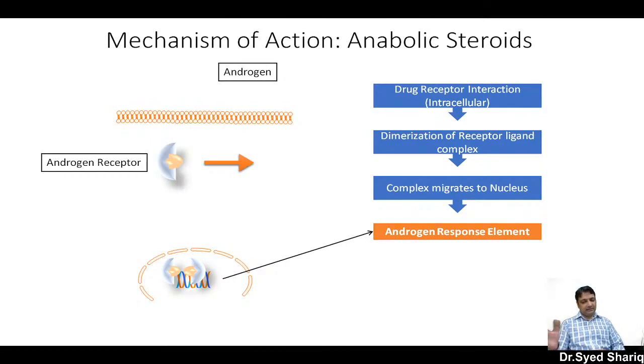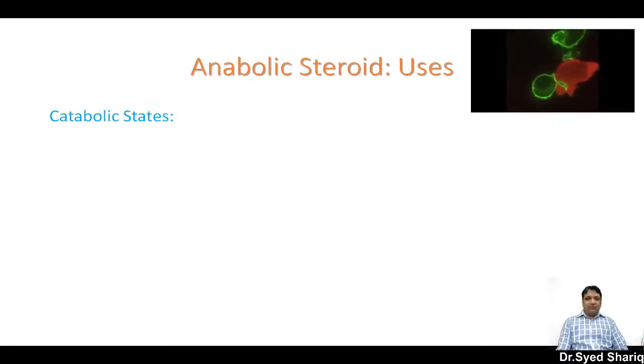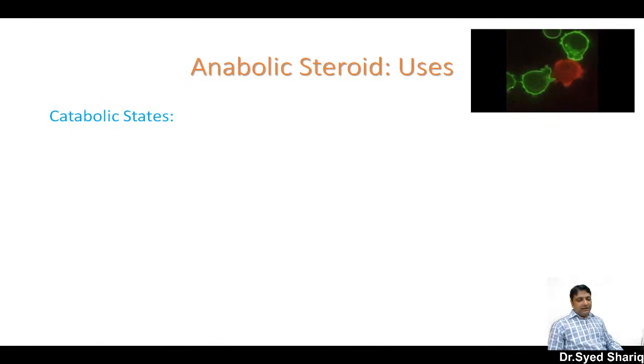And finally, when the androgen response element is activated, there is synthesis of some proteins which increase or decrease the functionality of that cell with respect to the steroids. Now, this is basically what we call the mechanism of action of these anabolic steroids. Now, what are the major uses of an anabolic steroid? As I told you earlier, the most important use of these anabolic steroids is basically to increase the